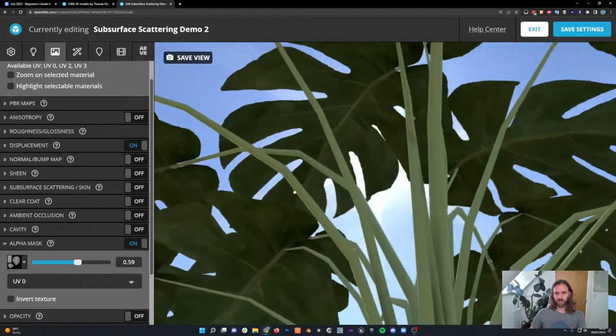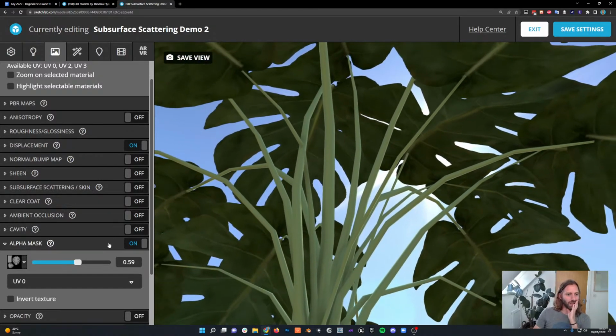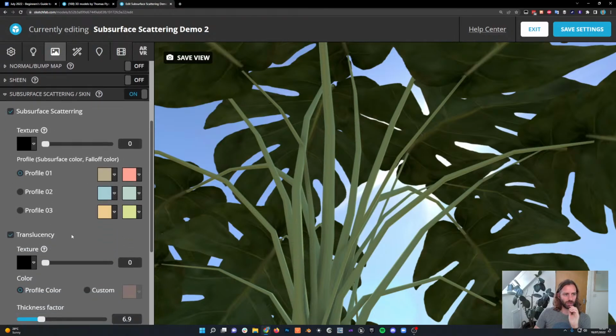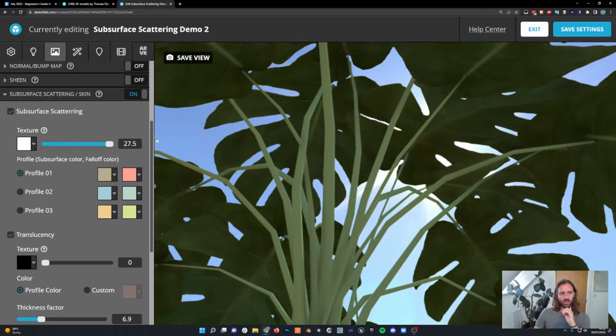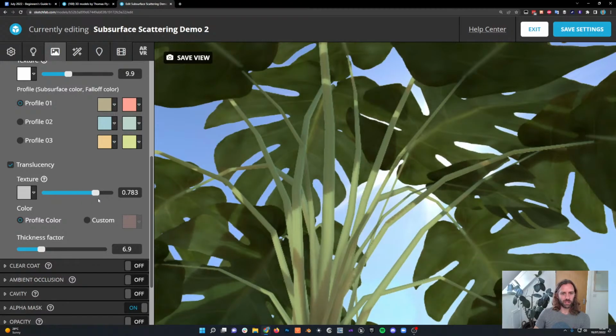I'm just going to adjust this, when I was playing around with it, so that we're looking at the sun from beneath. Let's see how we can make subsurface scattering look good on this. So I have settings dialed in, and all I've done is turned them right down. If I adjust the subsurface scattering, there's not too much visible change, but it's worth experimenting with that. More visible changes if we use the translucency. So if I dial that up,